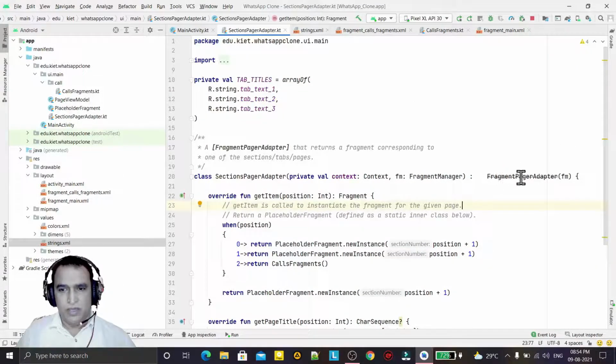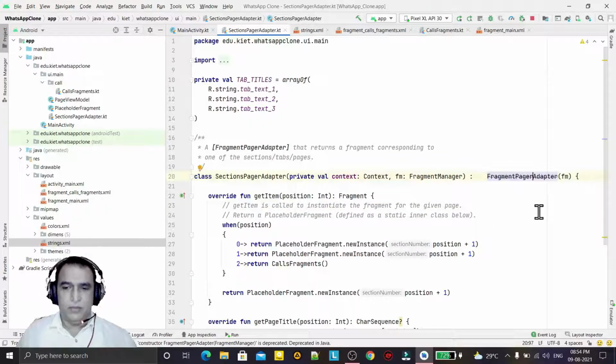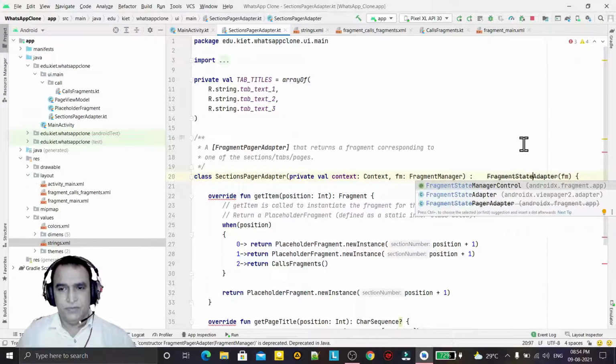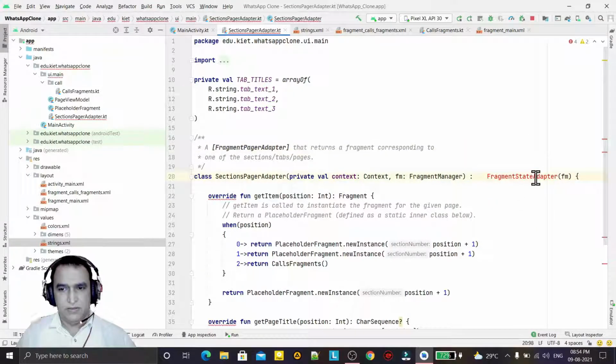First of all, I have to convert this into the fragment state adapter like this, and press Enter to import the class.